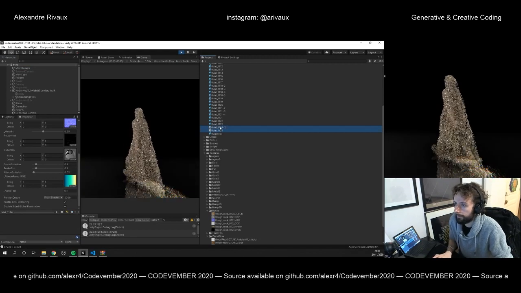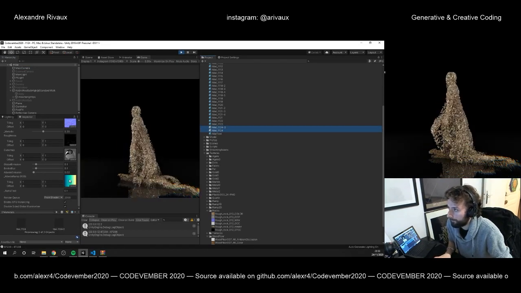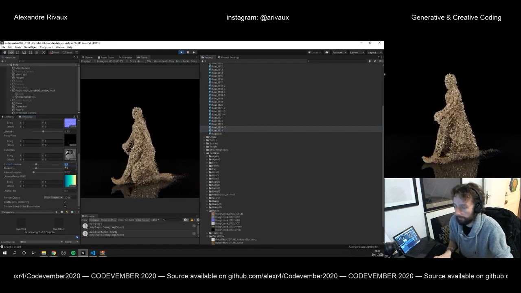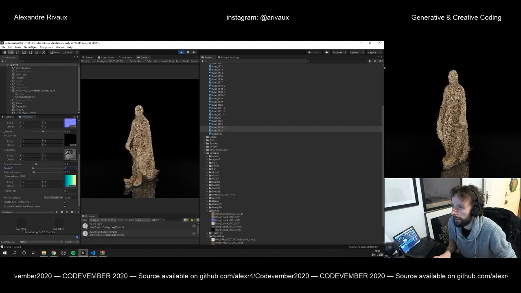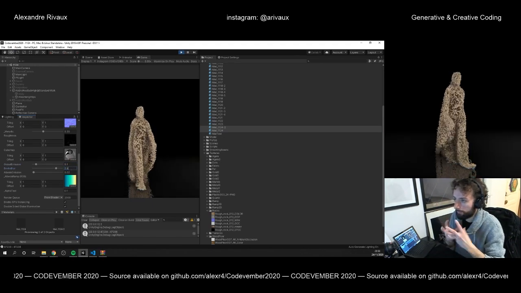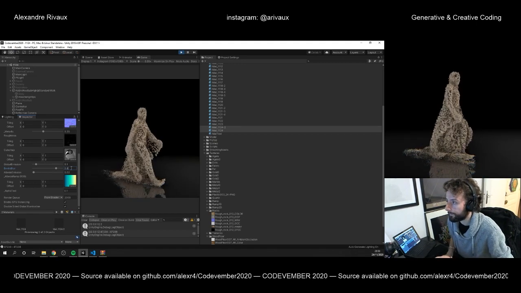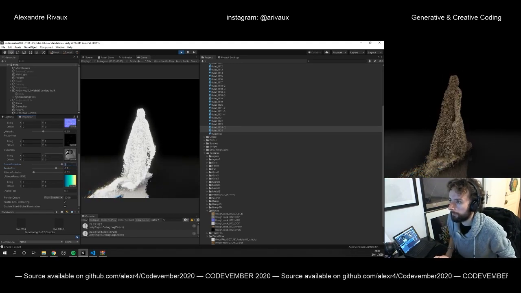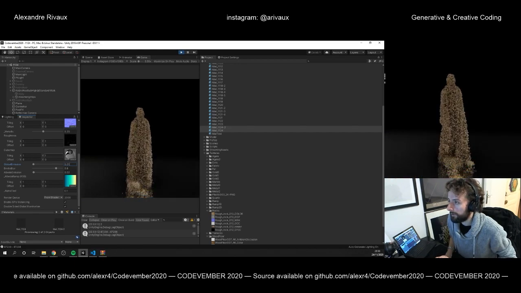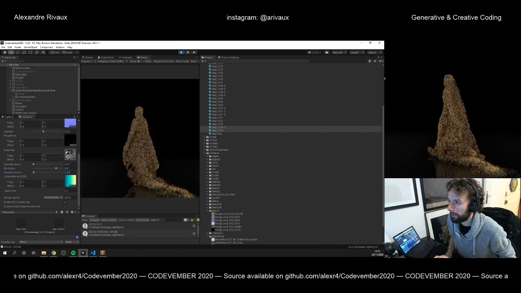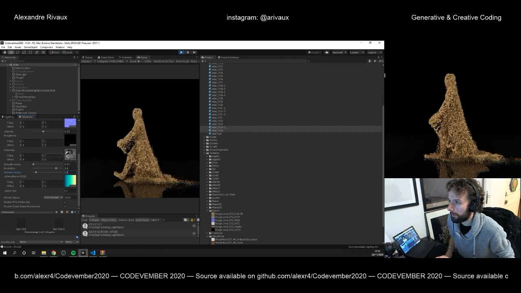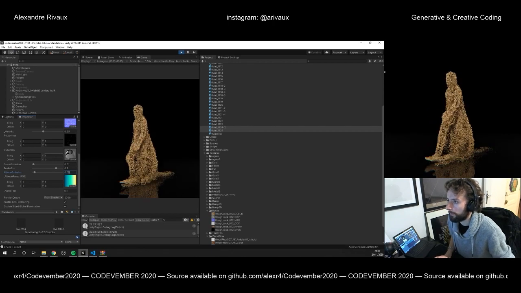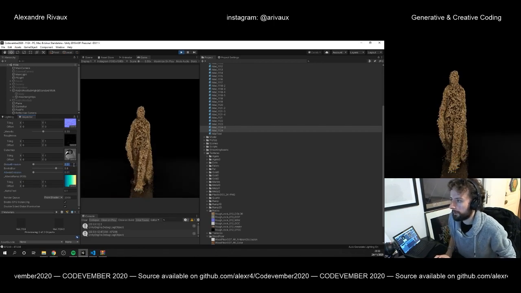So clearly the reflection is not good, because it doesn't need to have a reflection. So let's say 0.8 for something more diffuse. And it will definitely need to be more emissive in order to